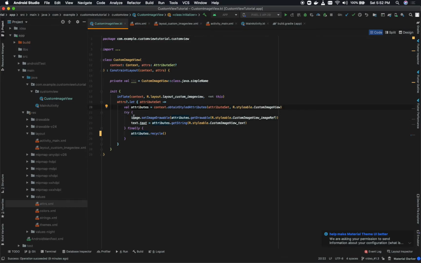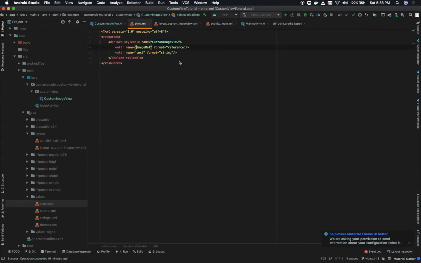Then with those attributes, I have just used set image drawable, and I have used this tag which gives me access to this particular custom attribute.